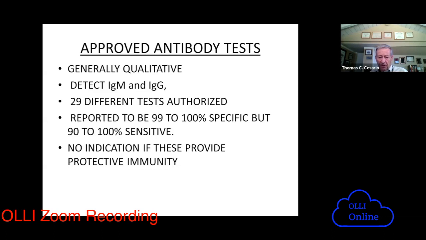They tend to be fairly specific. That is, if you have a positive antibody test, you probably have antibodies. But there's probably at least a 10% false negative result. So you can have it and be missed. The other fact is that if you get a positive antibody test, you cannot be sure you're immune. All you can say is you have been infected with the virus at some point in time, but it doesn't tell you you are now immune. I think there'll be tests in the future where we may be able to do that, but the tests we have today do not tell you you're immune.